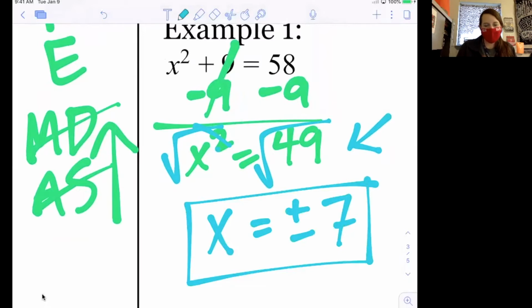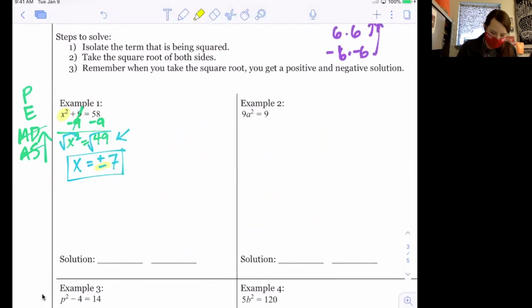Okay, so what that means, if I were to check my work, I could plug in a 7 for my x and get 58. So 7 squared is 49 plus 9 is 58. Or I could plug in a negative 7. Negative 7 times negative 7 is positive 49 plus 9 equals 58. Okay, let's look at